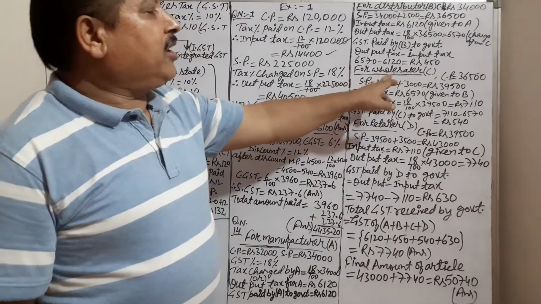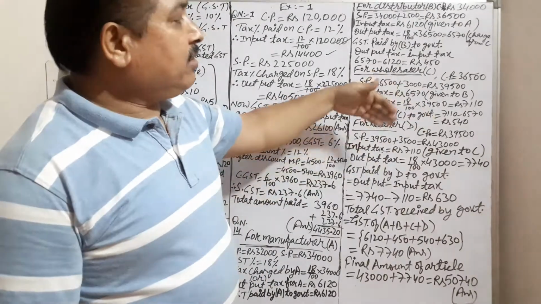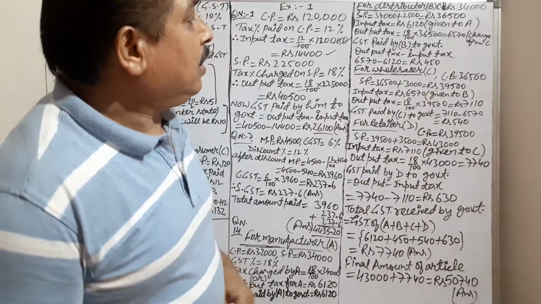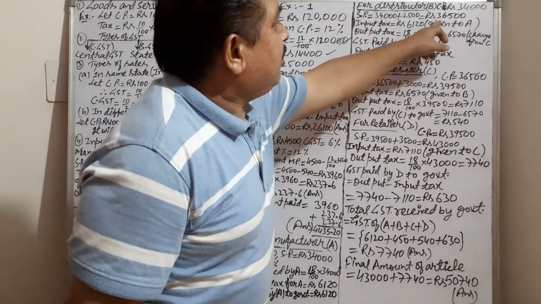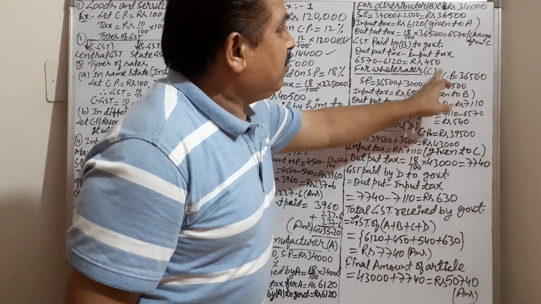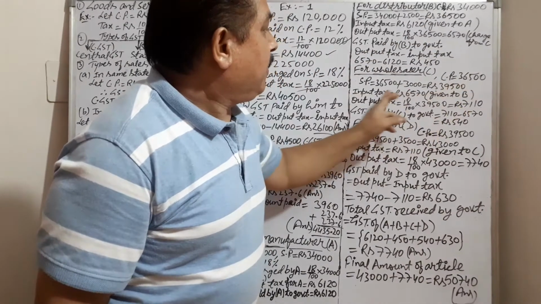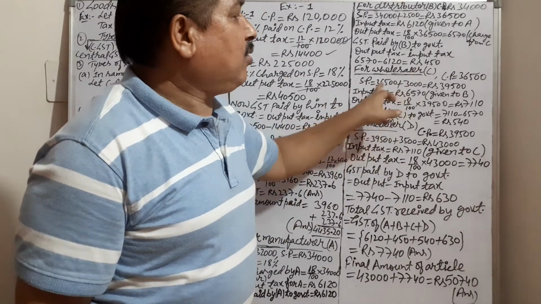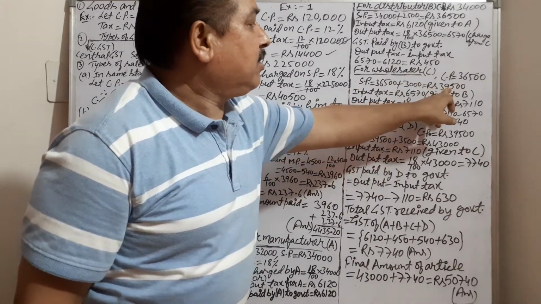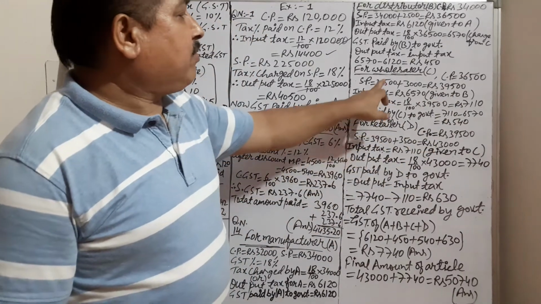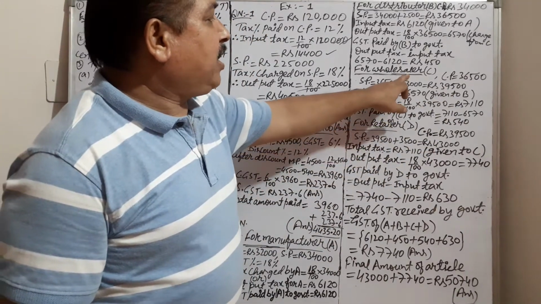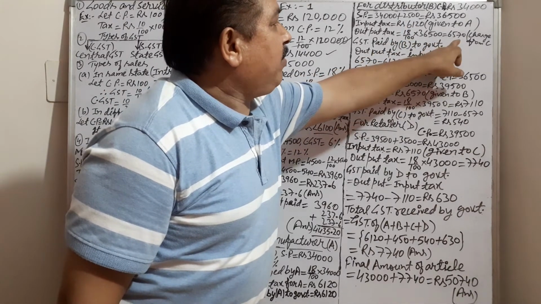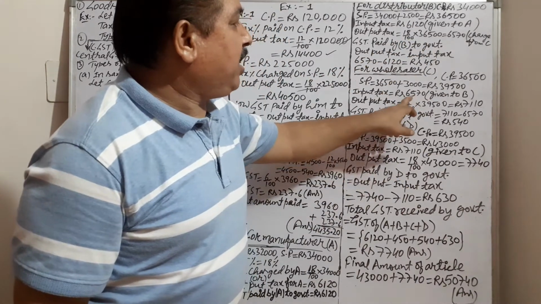Now see the wholesaler. The third person is a wholesaler, the third seller, denoted by C. Now the cost price: this is the selling price of B and it will be the cost price for C. And the selling price is 3000 extra than the cost price. This is the selling price. Now input tax for C: how much tax did C pay to B? 6570. So this will be the input tax.